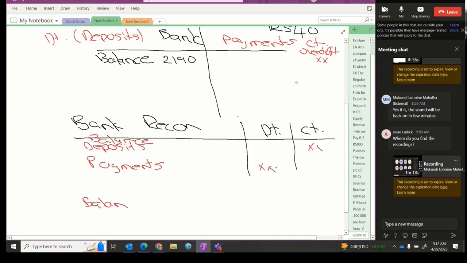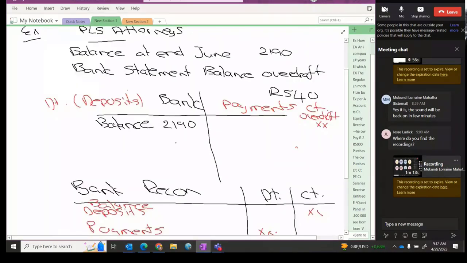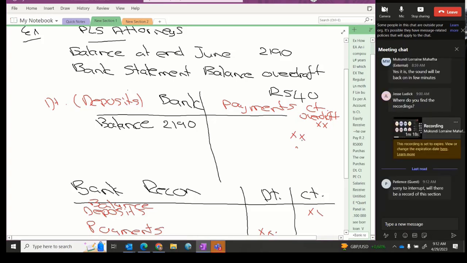Okay, so the first two balances given, there it was 2190 in your bank account. Then they say the bank statement has a bank overdraft, meaning that actually in your books, your balance was now actually on this side. So if your balance is on the credit side for an overdraft, it means